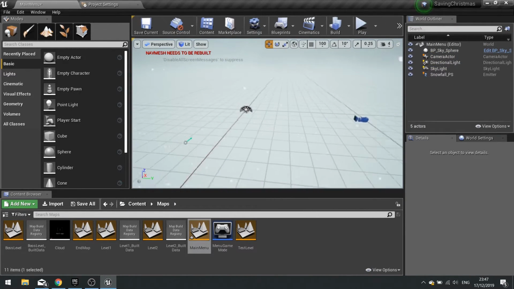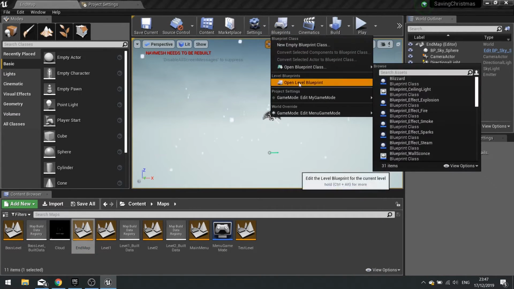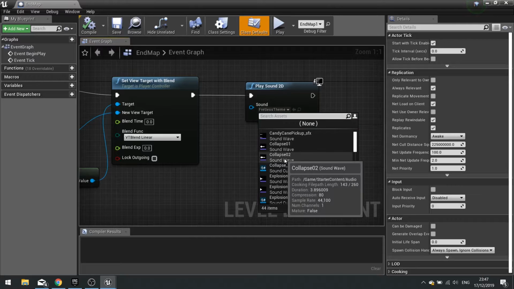Cool. Okay, so that's, I like that. We'll go to end map and add that to that as well. Change that to jingle bells.